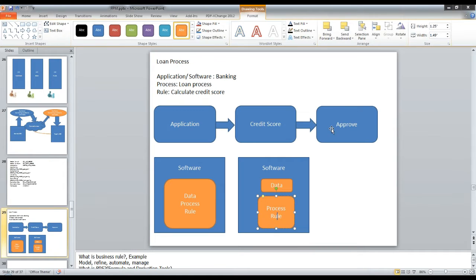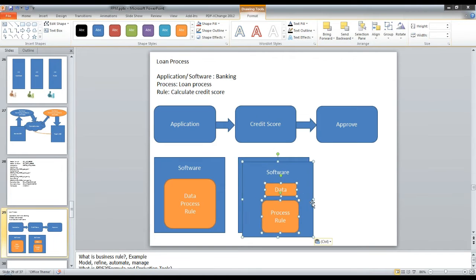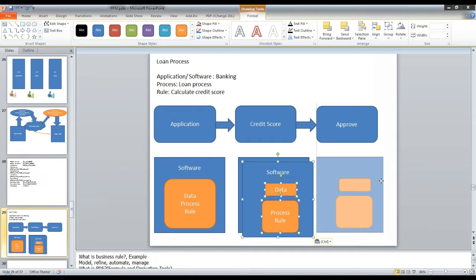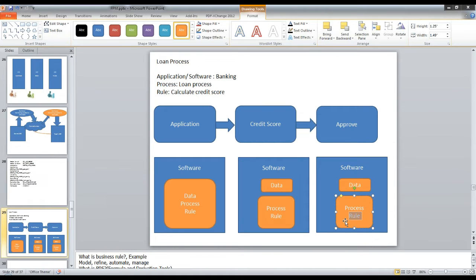That is the reason in the year 2005 there was an emergence of business rules management systems. They separated out this rule layer also because it is very prone to change. So now it is isolated from your coding.